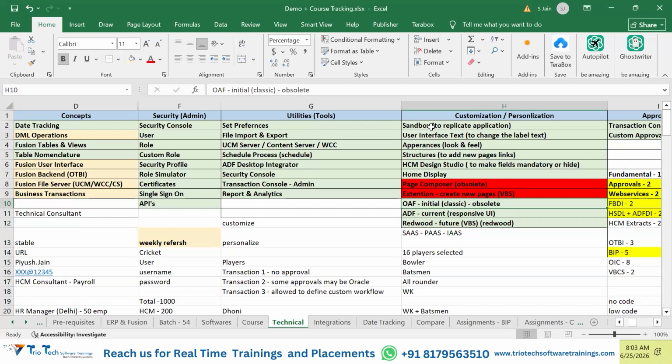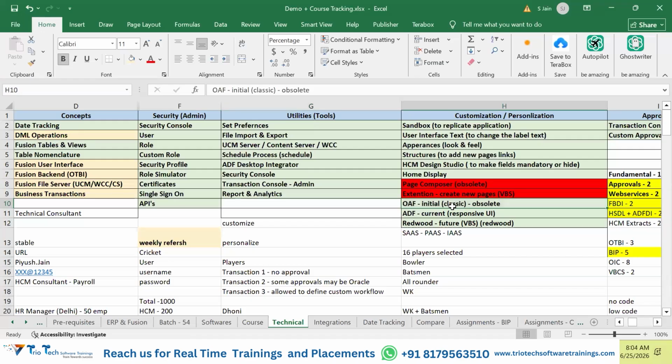So guys, what are we going to do? I said that the classic pages were there. If there is a classic page and you need to change the look and feel, do the personalization of that. Now Oracle is saying that it is not providing any classic pages. Majority of the classic pages are gone. Now the software does not have classic pages. Clients are mostly not using classic pages.